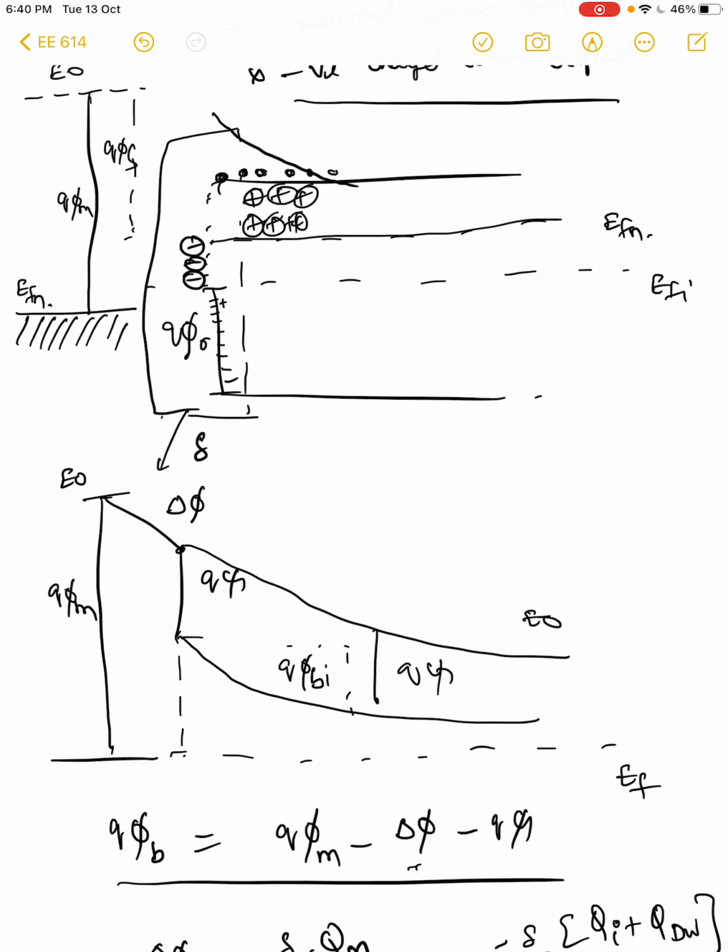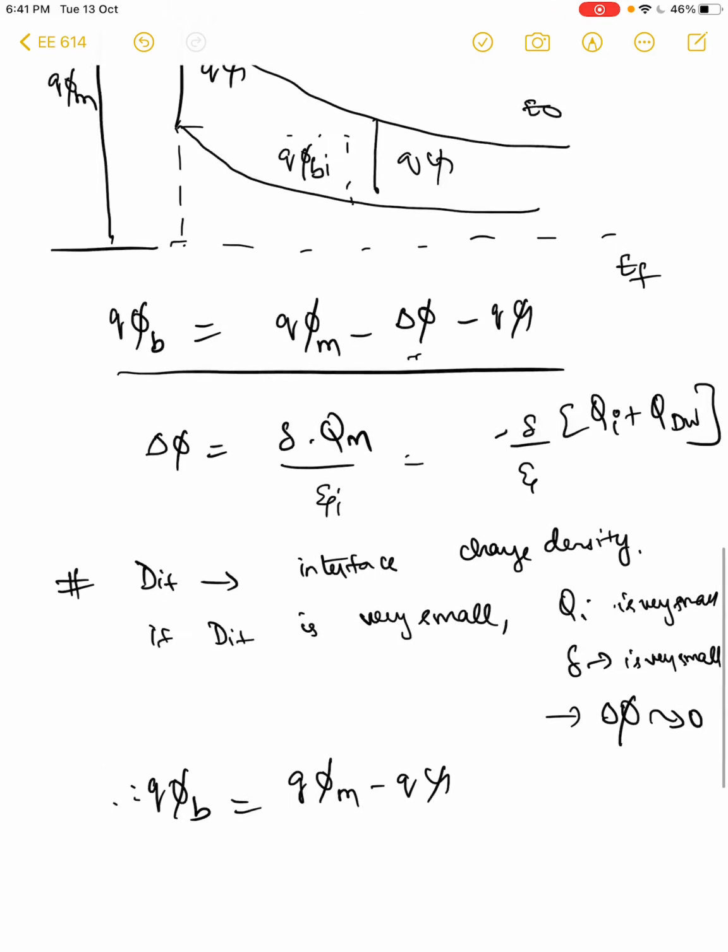Now what happens if this density is very large? What happens if at the interface you have a huge density of negative charges? So at the interface, you can see that the charges which move from the semiconductor to the metal will mostly be at the interface, and no change in electronic charge density will happen at the conduction band, right? Let me draw this structure here.